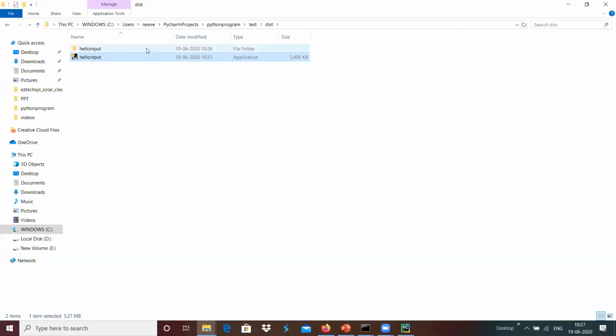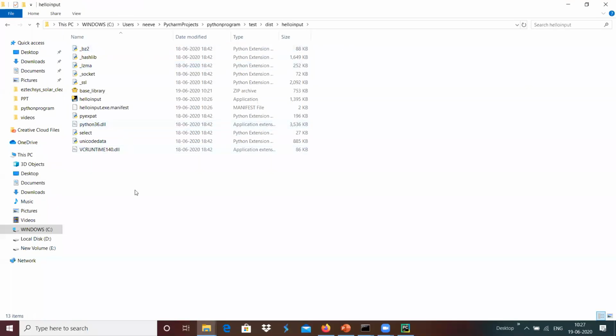In the case of the directory structure, the application is 1.3 MB, and it has different extensions, for example the Python 36 DLL file, a dynamic linking library, that is present externally. Whenever we run this application, this DLL will be loaded by the application.